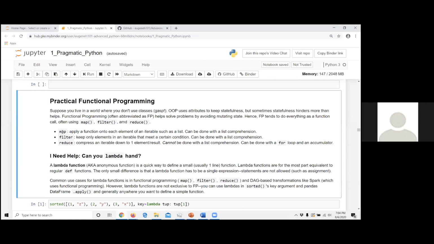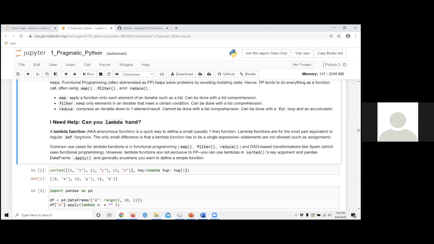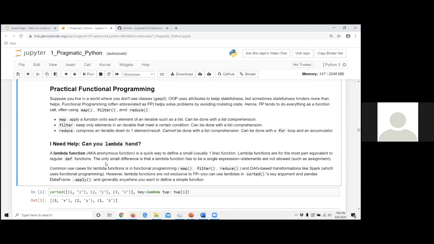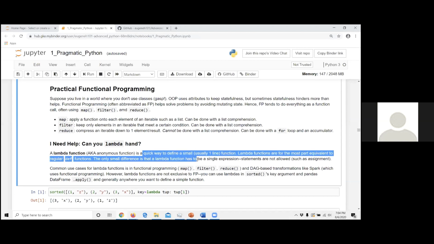So let me go over quickly map, filter, and reduce. And before we do that, we have to first know what a lambda function is, also called an anonymous function. Anonymous functions, or lambda functions, give you a quick way to define just a one-line function. The expressiveness of a one-line function is limited to only expressions. So no statements, so you can't delete, you can't assign, you can't have a context manager. So those are the rules. You're playing with this limited set of rules in a lambda function.